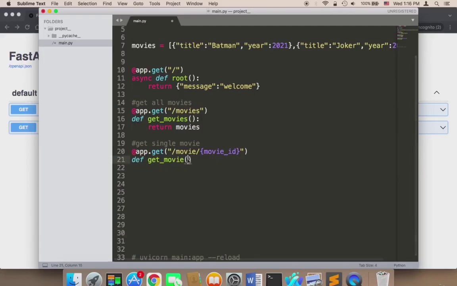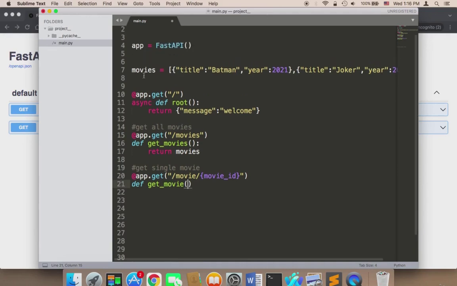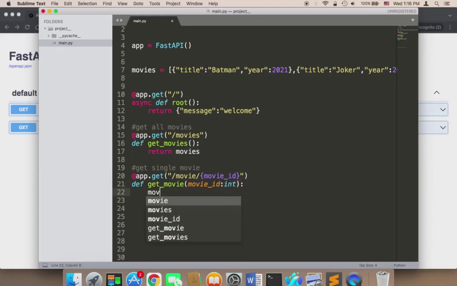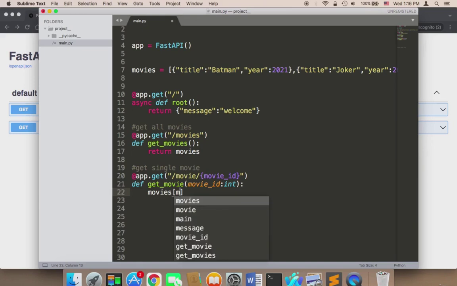And in the function, in order for the function to talk to the array, so to speak, it must be given the ID. So we need to say movie underscore ID, which is integer, and then inside that function we can access the movies array. We can say here movies, and then we can get that specific movie from that array. So in order to get that movie from that array, we need to say here movie ID